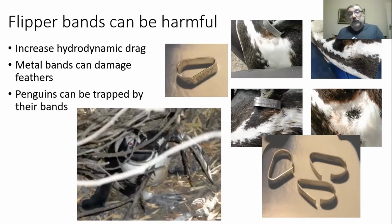That might kill the penguin, but of course the band will then stay closed. But if you don't do that, then what will happen is the band will open and close a bit. So you can't make them without sharp edges, so they're going to end up causing damage. The other thing, which is less frequent but really unpleasant, is that penguins wearing flipper bands can get trapped by